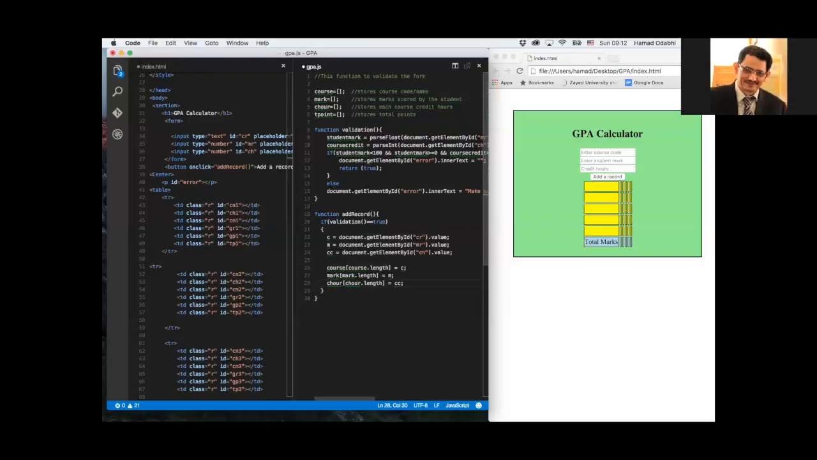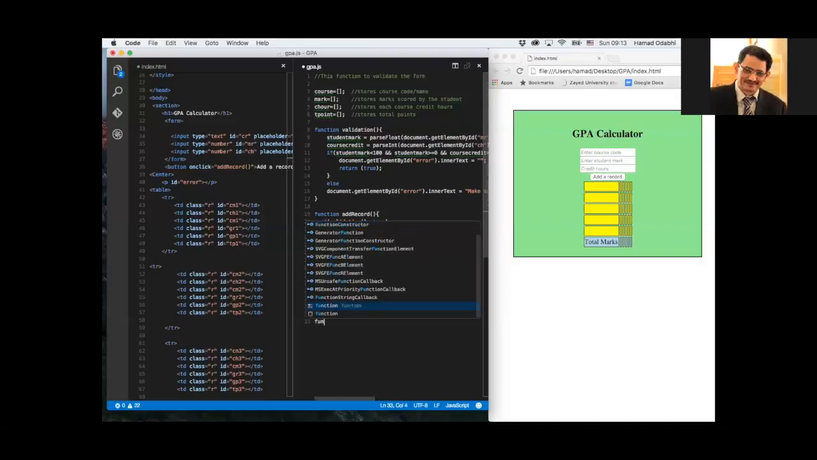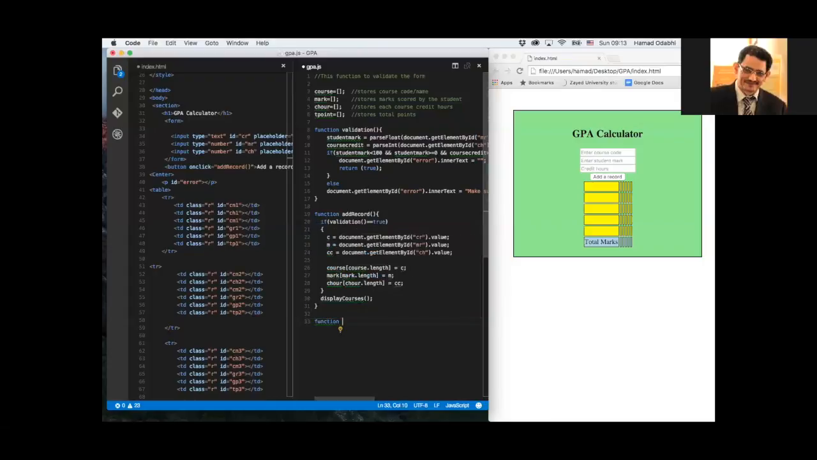Now this is in case everything is valid and things are going okay, and we have read all the data. Now at the end of doing that, we want to display the content of that array. So we'll have a function called display courses. We'll go and write this function. Basically this function will display the content of the array in that table format. So let's call this function, and we write function display courses,